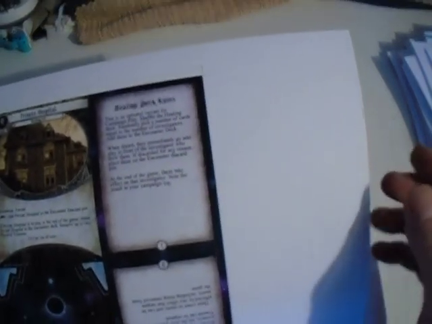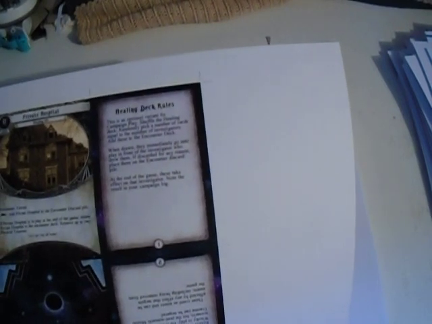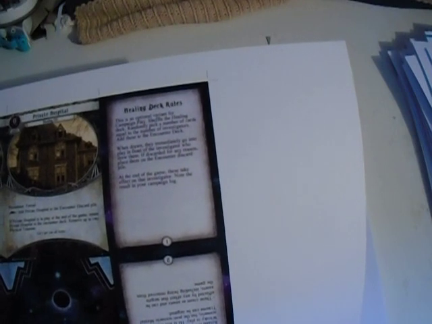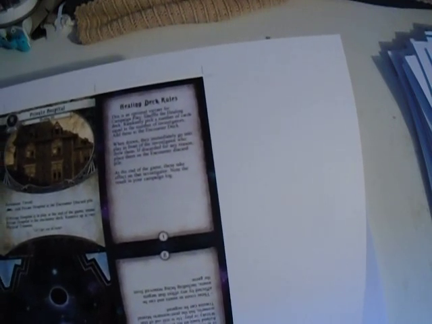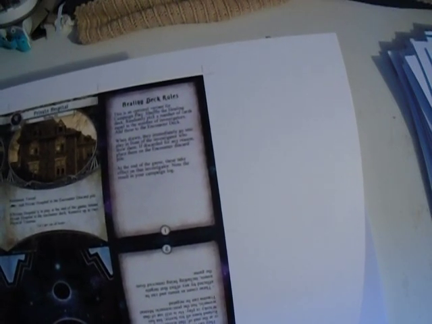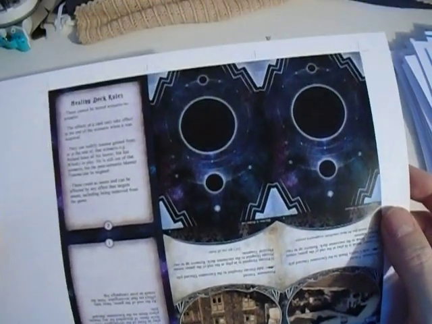Yeah, so what it says, healing deck rules, optional variant for campaign play, which is what I intend to do. Shuffle the healing deck, randomly pick a number of cards equal to the number of investigators, add these to the encounter deck. So if you draw them, you place them. These take effect on that investigator, note that result in your campaign log. Okay, so they have effect on your campaign,